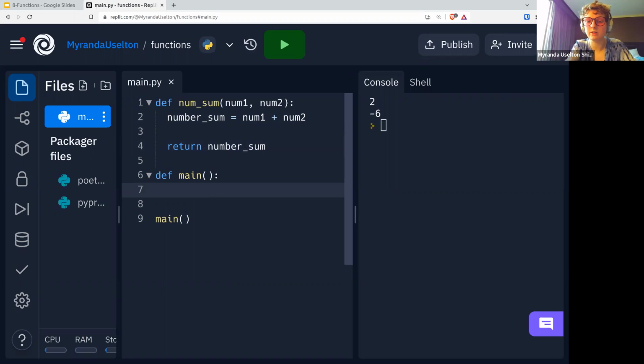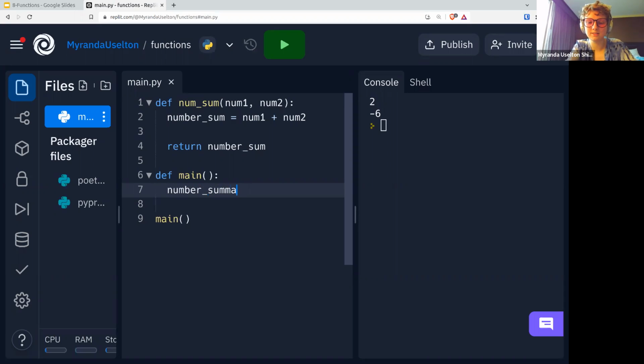Now, in our main function, we can call this. We want to assign it to a variable. So we can actually call it the same thing if we want. If you're wondering why I'm not just calling it sum, that's because sum is a Python keyword, which we haven't talked about, but sum actually means something to Python. So if you assign a variable to it, Python will get upset sometimes. Sometimes it won't tell you it's upset though, so you just kind of have to figure it out when your code doesn't work. So yeah, I'm going to call it